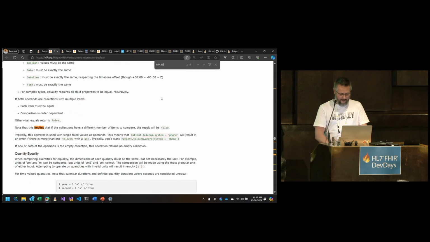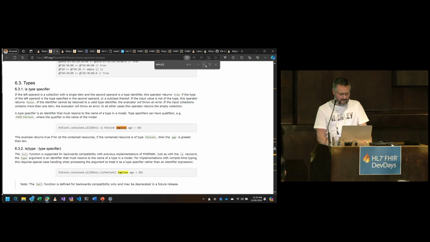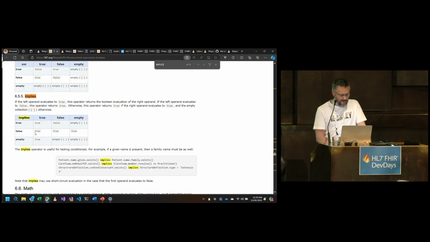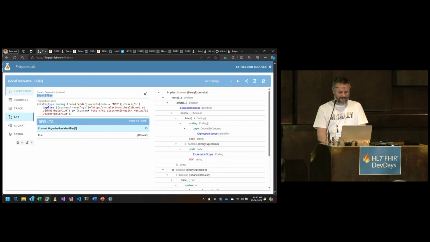Implies. And how many of these have I got? So we go to the spec, look up what does implies state. So we've got a false on the left-hand side. And so we should get a true in either case. So that's not what you're after, is it? No. So our expression is saying that implies, it's almost as if you want that test the other way around, isn't it? Actually, no, I think, okay, no, what we're saying actually is,